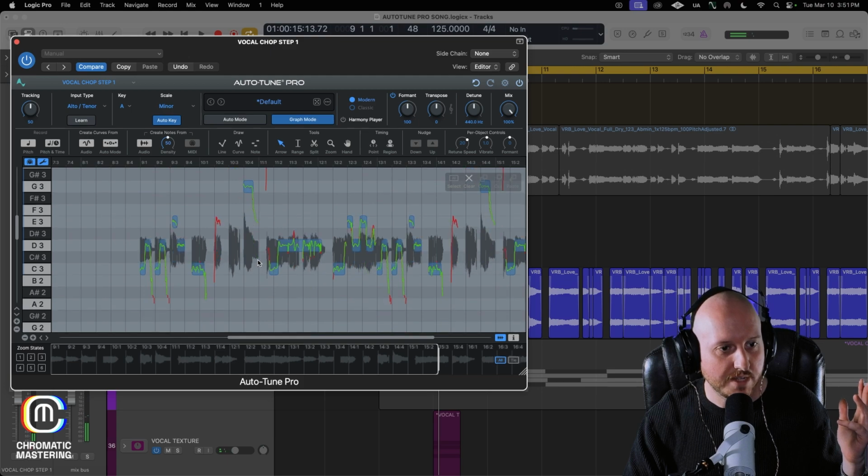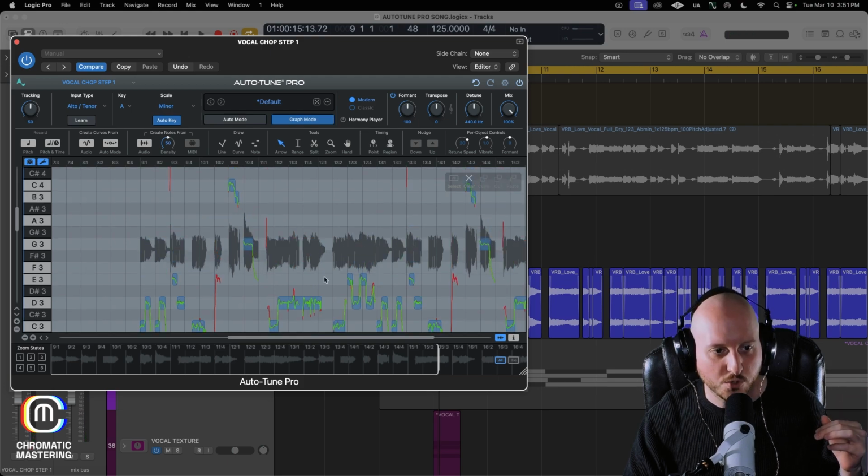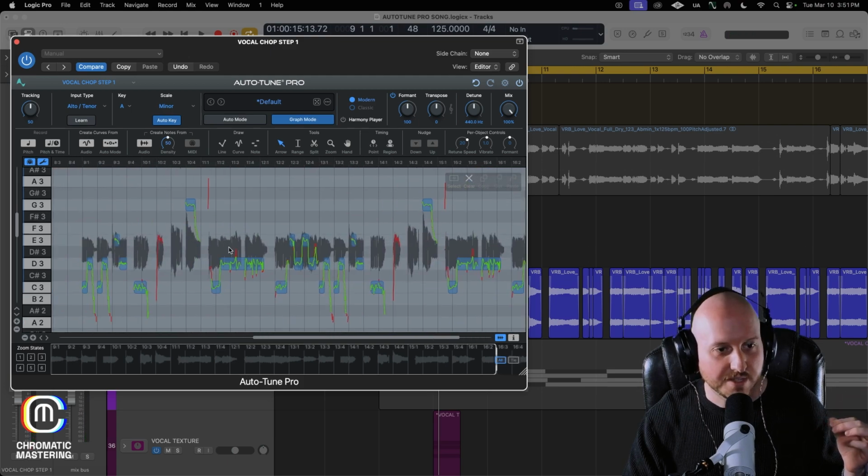So now I can see this is the melody of my vocal chop. Look at that. Looks great. Now, basically, this is so simple. If I want to change the melody around, all I have to do is go to these note blobs and